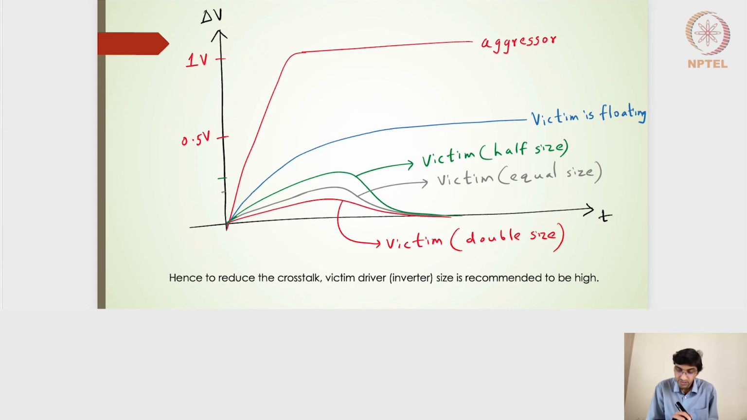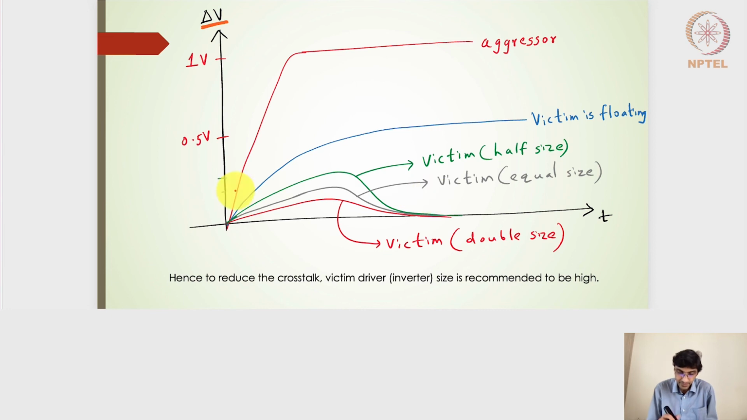So finally, what I've drawn here is, for the different cases of the inverter or the driver circuit that is designed on the victim side, not on the aggressor side, what is the transient response? This is the delta voltage change on the y-axis, and time, t, on the x-axis, because it's a transient change, with 1 volt and 0.5 volts and so on. If the aggressor is changing from 0 to 1 volt,